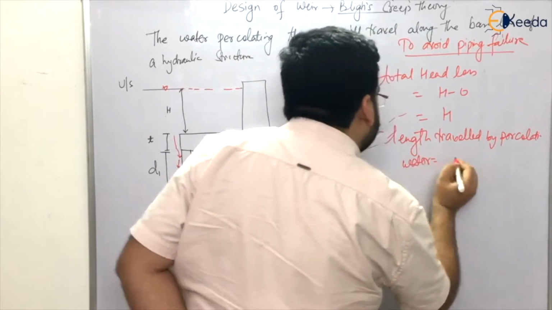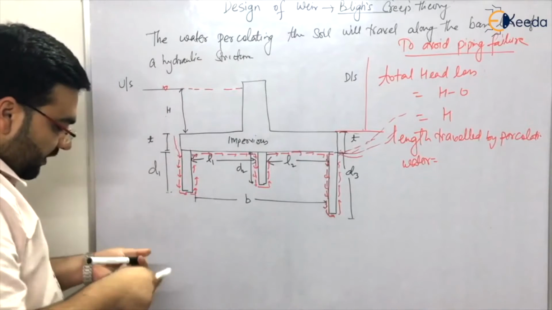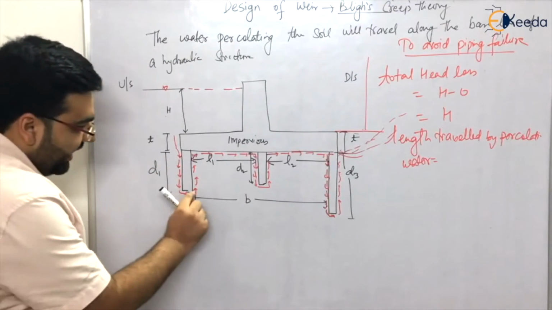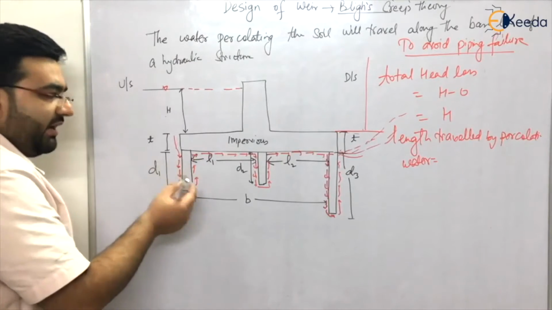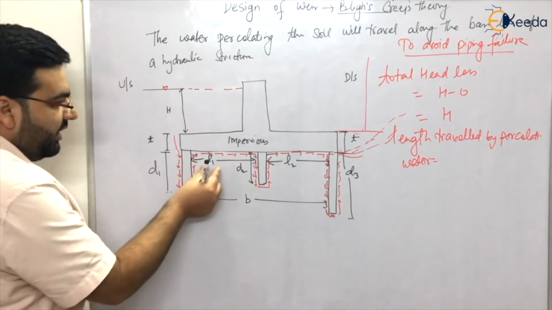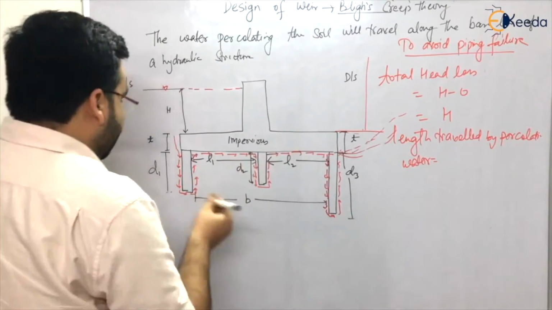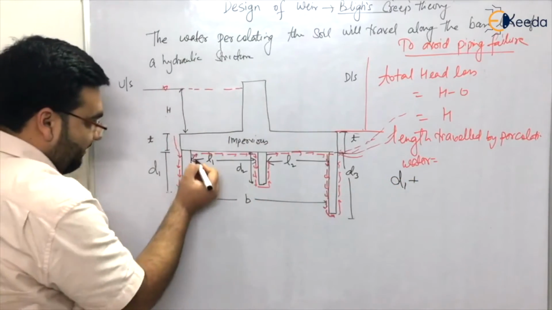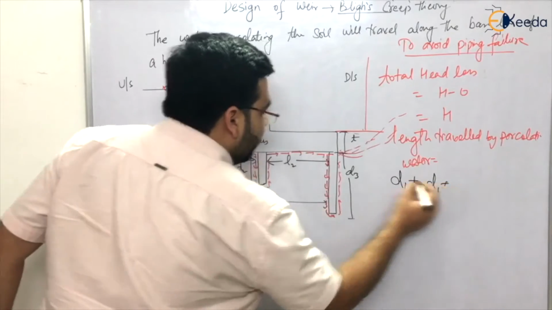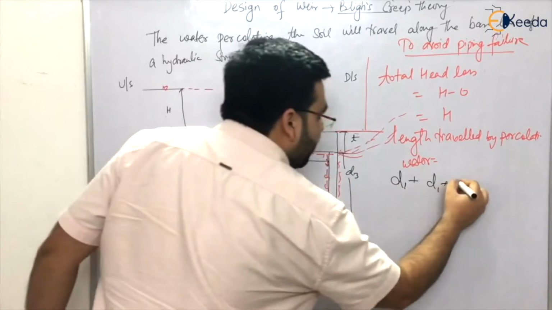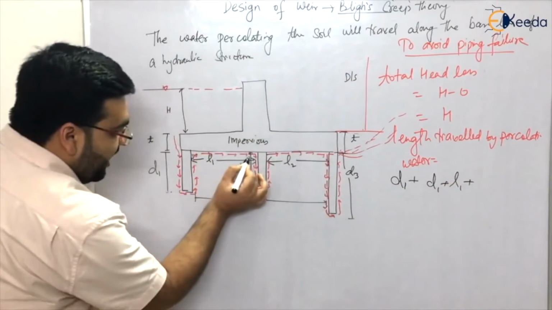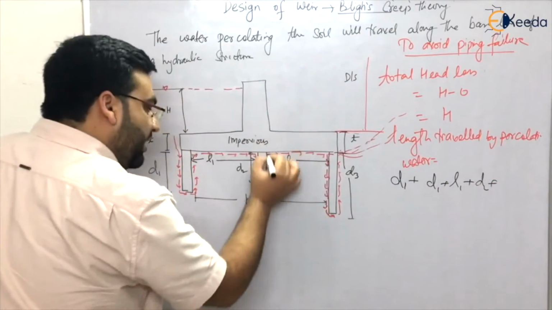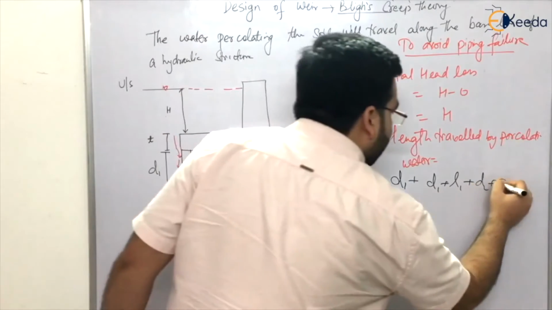Now let us calculate the length traveled, right? It has traveled this distance, d1. It has traveled this distance, which is also d1. It has traveled L1. So let me write it here. First it has traveled d1, then again d1, then L1, then d2 plus d2. Then again it came up to d2, then d2,